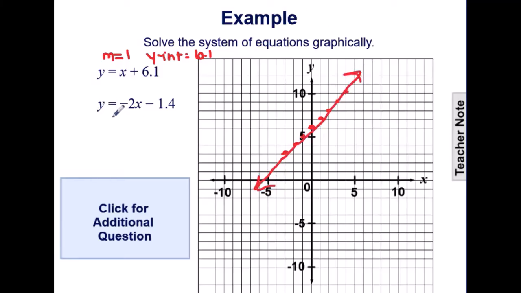And the second one, again in slope-intercept form, we can see the slope of -2, but we see now a y-intercept of -1.4. So -1.4, I'm definitely going down to -1, but maybe halfway between the boxes I can approximate. And then I have to go down 2 and right 1, but I'm already losing sight. Okay, 2 from 1.4, -1.4 on negative, so that would be 2.4, and I'm not even sure, maybe somewhere around